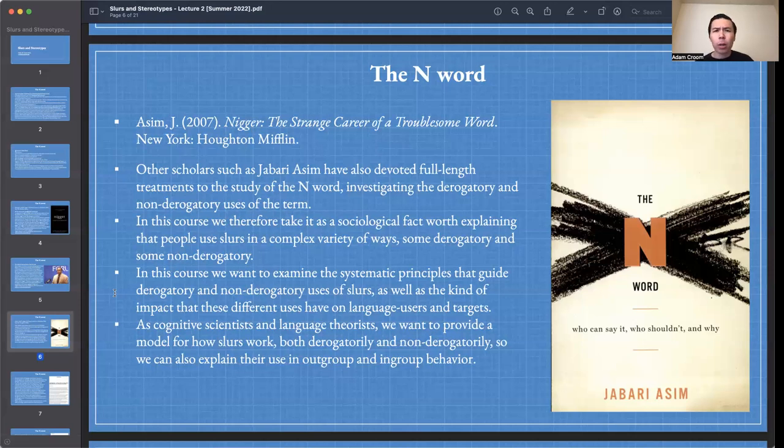Okay, and I've been arguing this point for over 10 years now, because early on in the beginning, there was almost an exclusive emphasis on their derogatory usage. And I've been pointing out that we have so much to learn by investigating their non-derogatory usage as well. By studying the non-derogatory usage, this not only helps us gain better insight into slurs, but also better insight into the nature of language and cognitive processing. Okay.